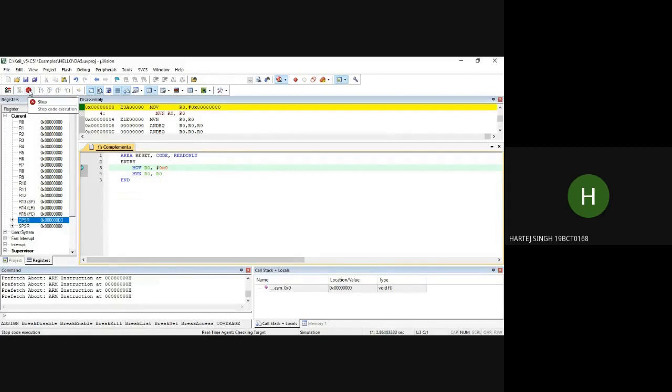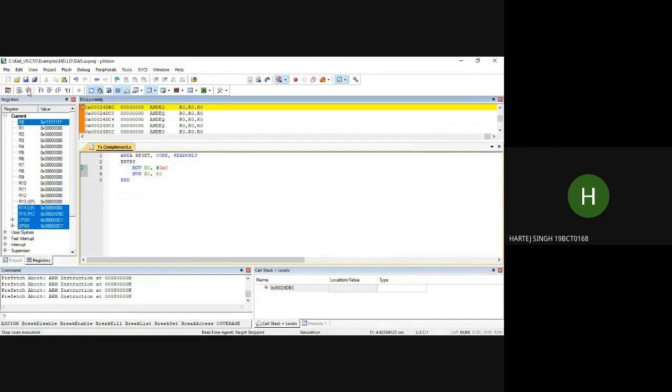Now, after stopping the code execution, we see that the value of R0 register, which was previously initialized to 00, has now become FFFF in hexadecimal, which translates to 1s in binary, which is the ones complement of 0, the input which we gave in our code.